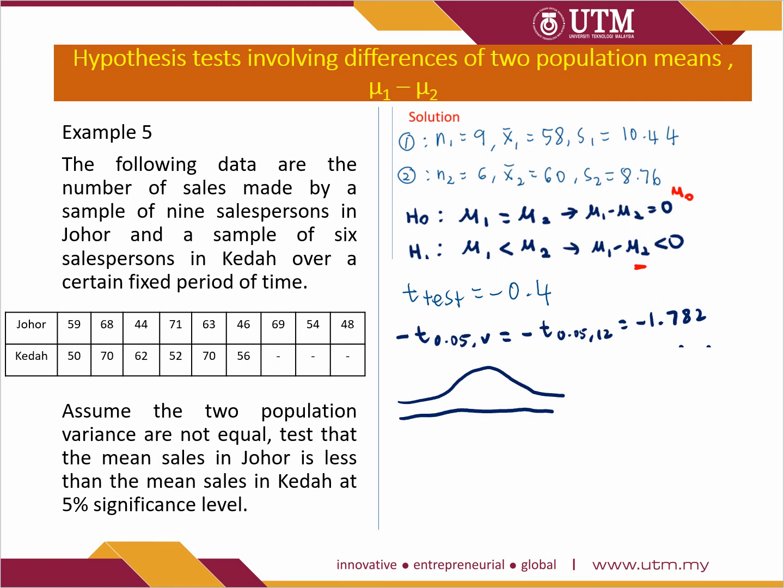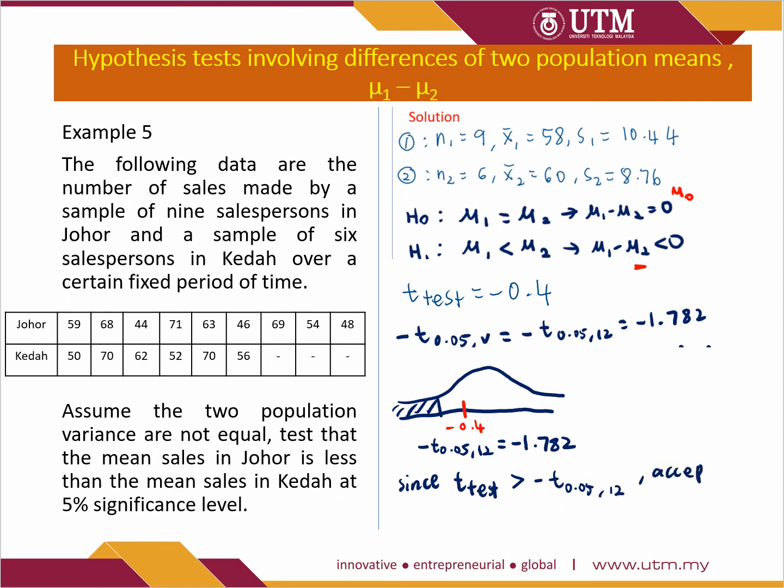So we will reject H naught if the t-test is less than the critical value, which is equal to negative 1.782. However, our t-test is negative 0.4, which lies here, which means that we do not reject H naught. Since our t-test is greater than the critical value,